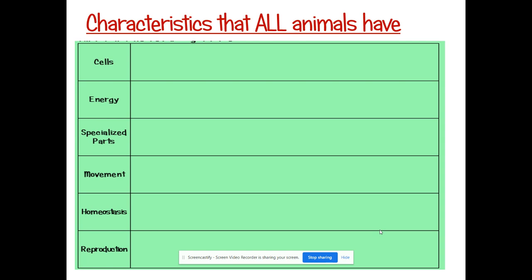If you're not using your green packet, if you don't have it, again, you want to write down key vocabulary terms in your science learning journal. Okay, so you have those written down. You can have them in front of you when you do the activities or when you do the reading work questions. Okay, and then we're going to have a quiz on this next week. So you can always use those to help you with your quiz. So I highly recommend taking notes still, even though we're not in class.